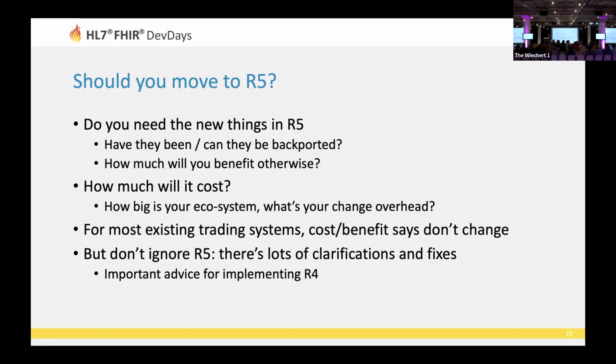So for most existing systems and ecosystems and trading partners and companies and national programs that I talk to, the cost benefit says we're not going to adopt release 5 at this time, at least. Although it's pretty hard to come to terms with the cost benefit of the 4,000 changes, right? And it's my opinion, we've seen this before. When we released release 2, everyone said, right, stop. We're going to stick with release 2. And then the next minute they came back and said, can we get into release 3, please?